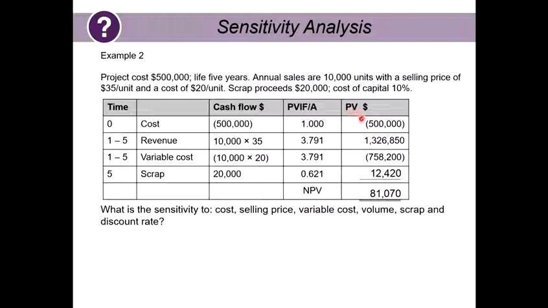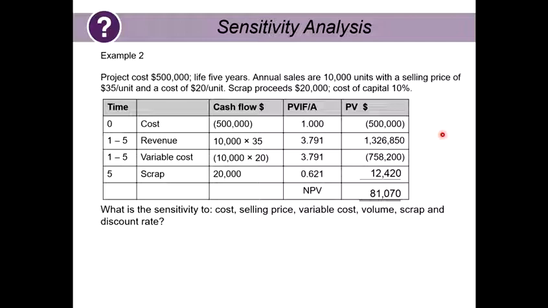Okay. So second step kita akan kira PV. Sekarang ni sama je lah ni, kita dah kira dah PV ni. Okay, this is for your second step. So you dah terus boleh kira the third step, that is sensitivity analysis. So untuk initial investment, you akan ambil RM81,070 bagikan dengan RM500,000 darabkan dengan 100. Begitu juga dengan revenue, you akan ambil RM81,070 bagikan dengan 132,685 darab 100. Dan juga you punya variable cost, RM81,070 bagikan 758,200 darab 100. You akan dapatlah you punya sensitivity margin.